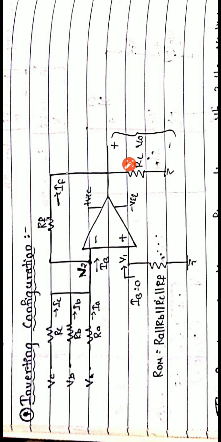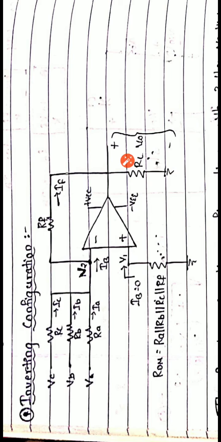Okay, so first look at the circuit here. This is called node 2 or N2. At this node 2, IA, IB, IC are entering and IF and IB are leaving. And we know that for an ideal op amp, the input impedance or resistance is very large, in terms of mega ohms. Therefore, we can say that the IB current is 0, where IF is the feedback current that flows from input to the output side.